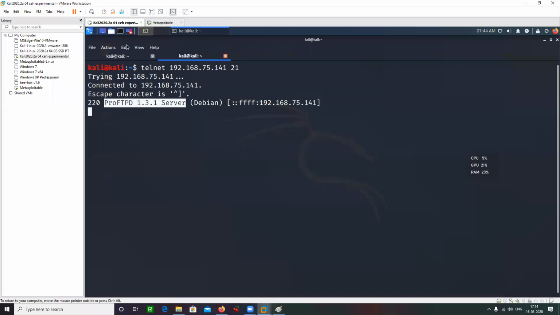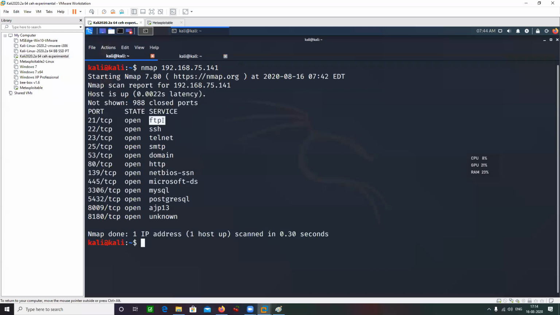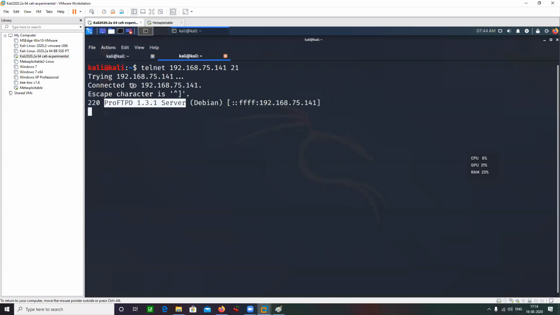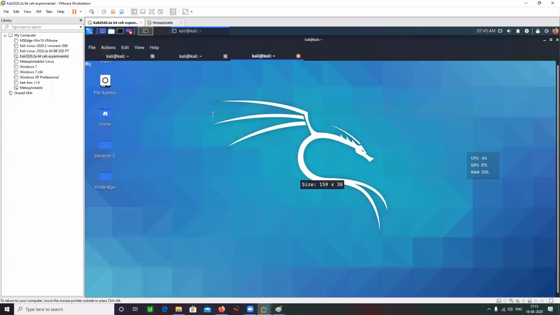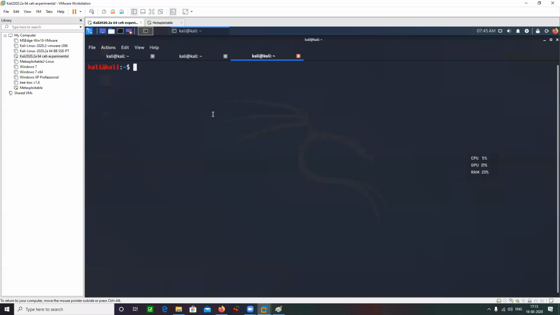Initially, I was only aware of the FTP service. Now I know the exact version of the FTP service that is running. Let me just do Control plus C to stop it. It is going to stop in a while. Open a new tab here. Another way of doing the same thing is using netcat. NC is short for netcat, followed by the target IP address, followed by the target port number on which you want to make a connection.